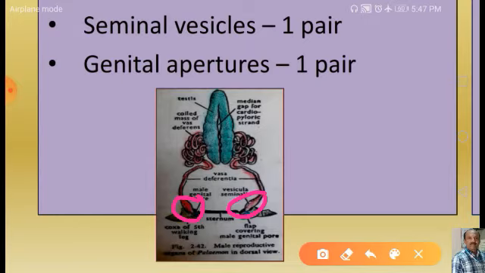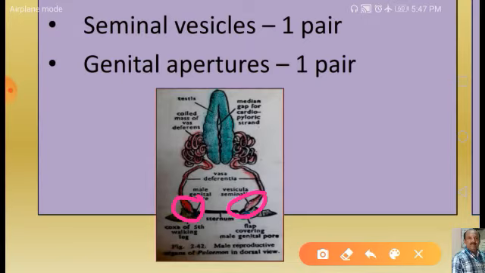On reaching ventrally, near the base of the fifth pair of legs, each vas deferens swells into a club-shaped structure, which is called the seminal vesicle, otherwise vesicula seminalis. You can call it vesicula seminalis or simply seminal vesicle. To remember easily, it is better to remember it as seminal vesicle, into which spermatozoa are stored in the form of white compact bodies called spermatophores.